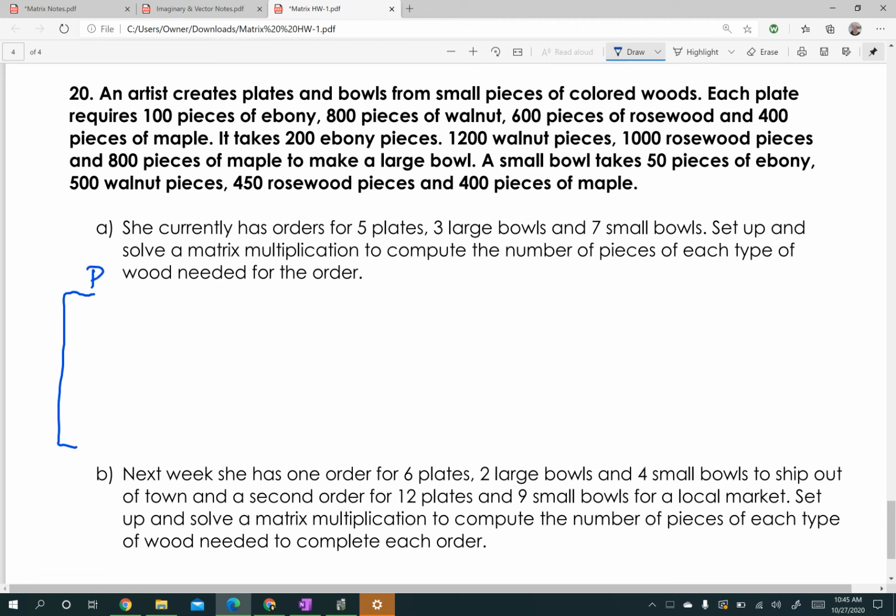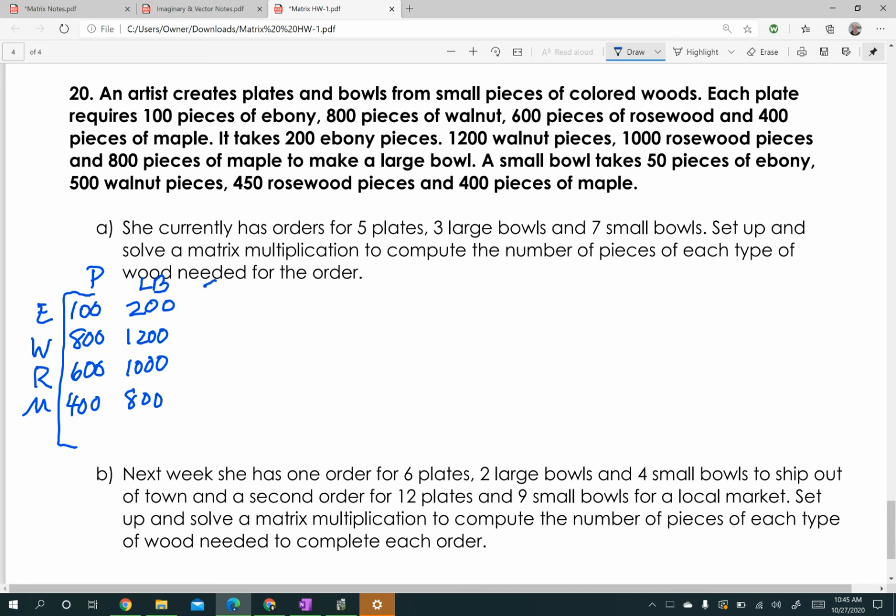So a plate requires ebony wood for 100 pieces, walnut wood for 800 pieces, rosewood for 600 pieces, maple for 400 pieces. Okay. Then it says it takes 200 ebony, 1200 walnut, 1000 rosewood, and 800 maple to make a